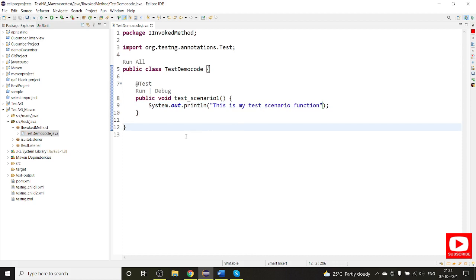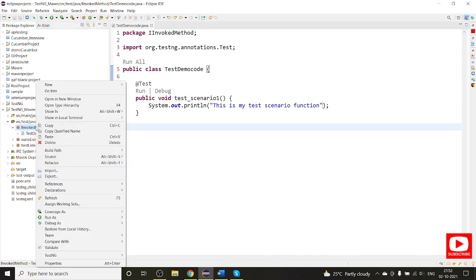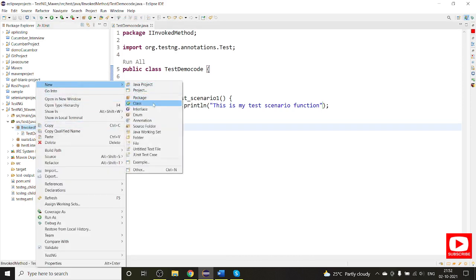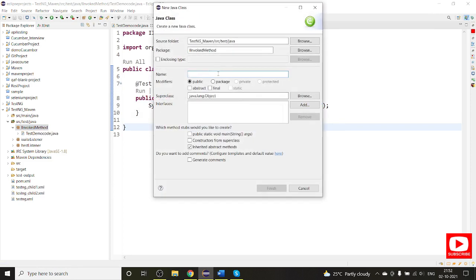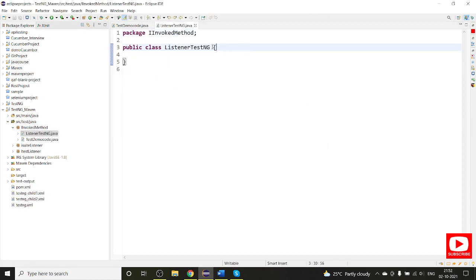Now we will create a class and implement the IInvokedMethodListener interface. For that, again I will go to this package, New, then Class, and this will be my listener. Now I need to implement my interface, which is IInvokedMethodListener.